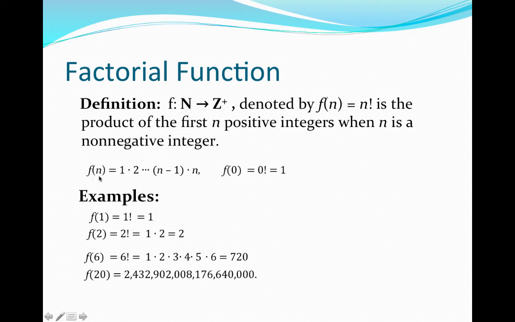So for any natural number n, f of n is equal to 1 times 2 times up to n minus 1 times n. So maybe what's easier is to take n and multiply it by all of the positive integers less than or equal to n. Okay, so we take f of n and multiply it by n times n minus 1 down to 1. Notice that then f of 1, for example, or 1 factorial, is 1, and we just need to specify what f of 0 is. So we're going to specify 0 factorial to be equal to 1,